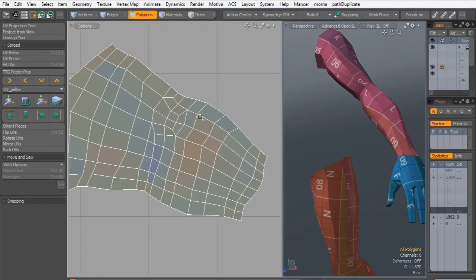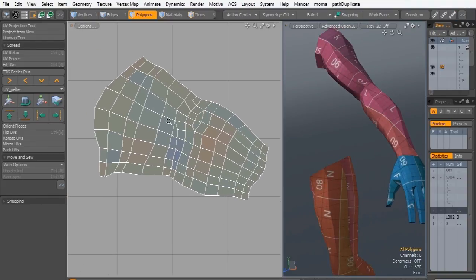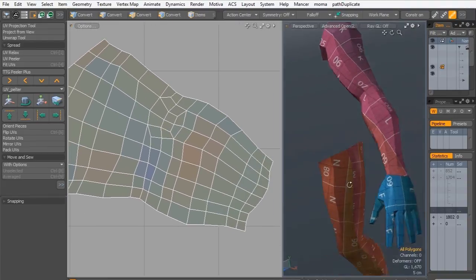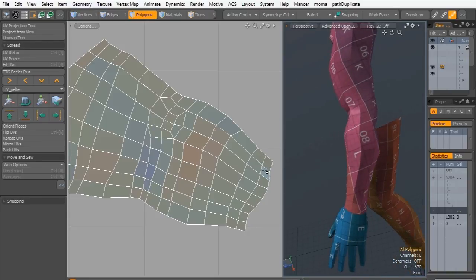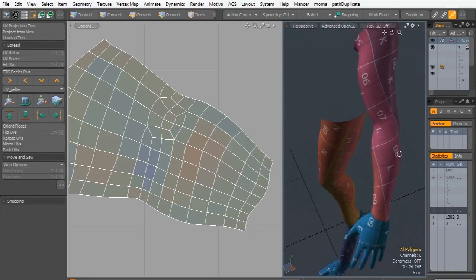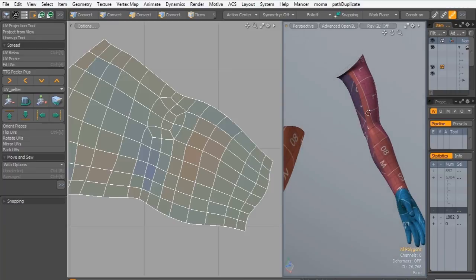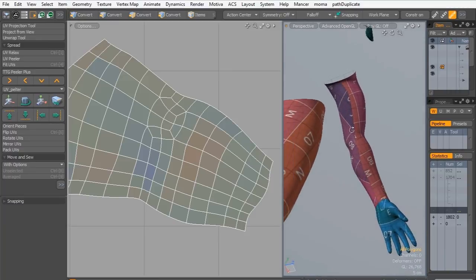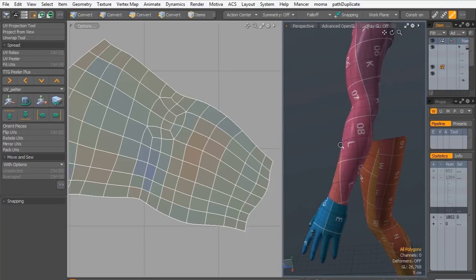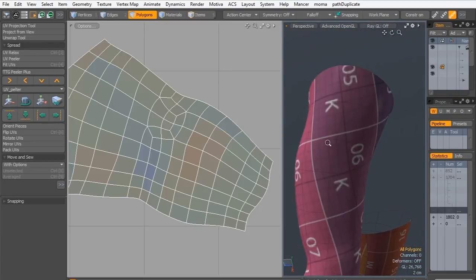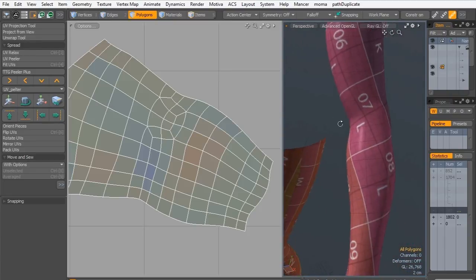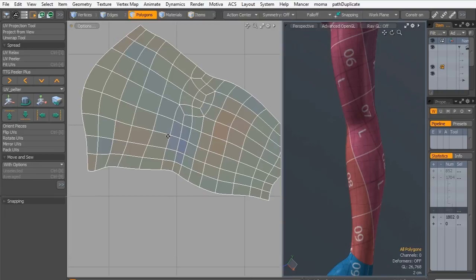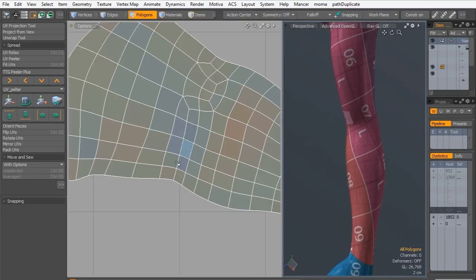We don't have to do it manually, so we got very nice distribution of texture, even in this very early state of UVing the character. So as you can see, we got very few polygons that are too big and too small. So rotate this,